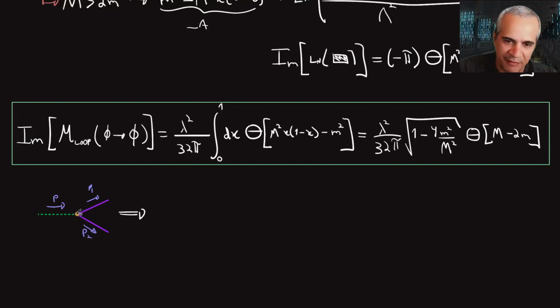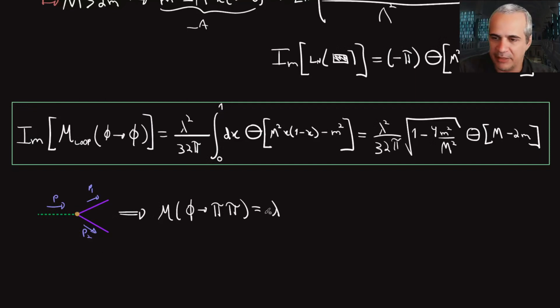It's just really the Feynman rule for this. And so the matrix element of phi going into 2 pi's, in this case, it's just lambda. Remember the Lagrangian, that was the coupling between them. Or i lambda. And that means that the decay rate of phi to 2 pi's,